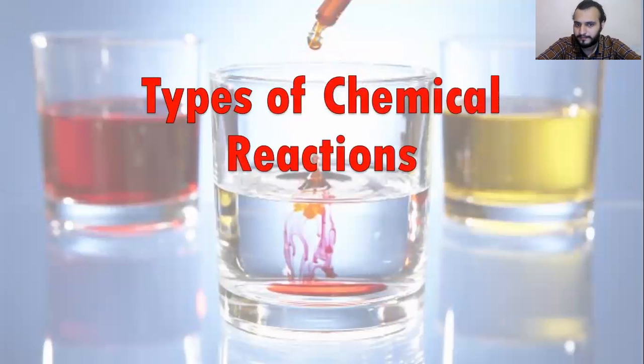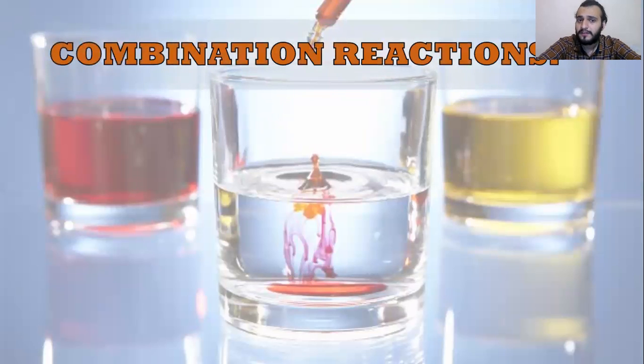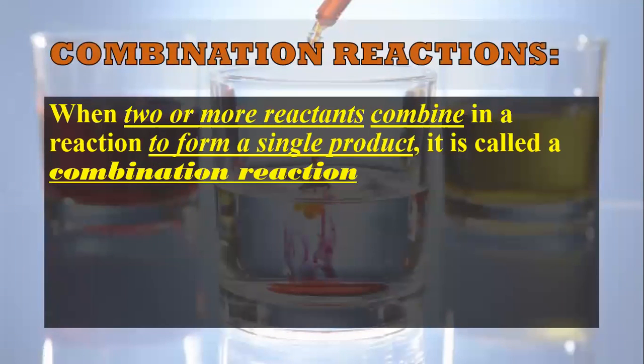reactions over here. So let's see types of chemical reaction. The very first is combination reaction. Now, what is combination? As we know, combination is nothing but combining. So when two or more substances combine, it is called a combination reaction. That means when two or more reactants combine in a reaction to form a single product, it is called a